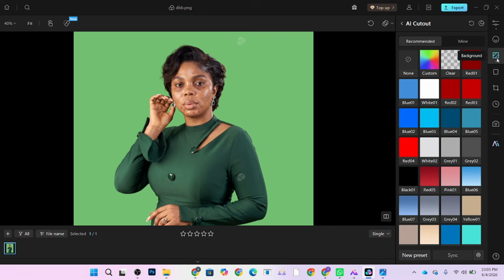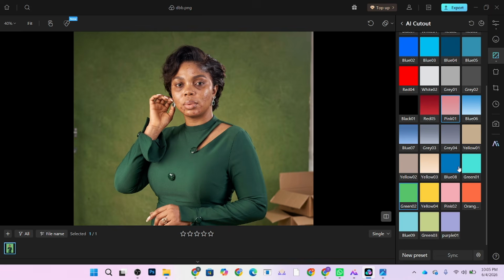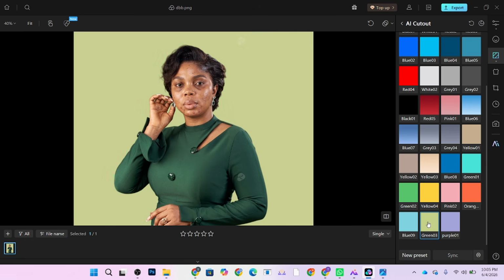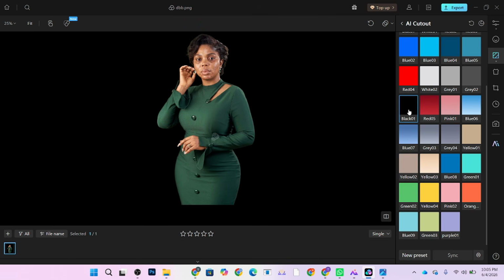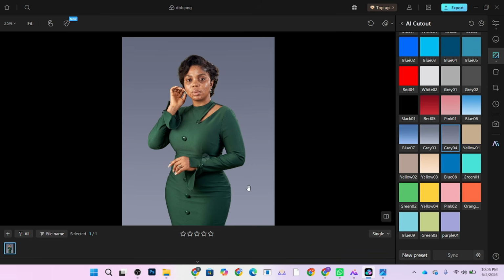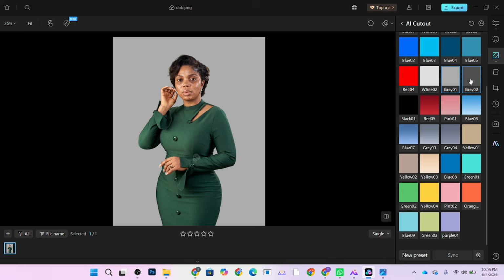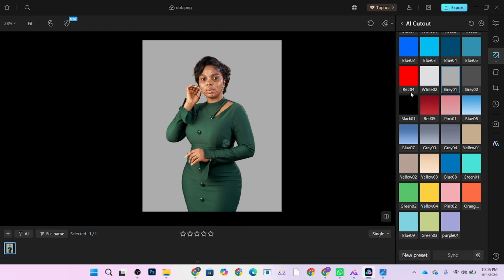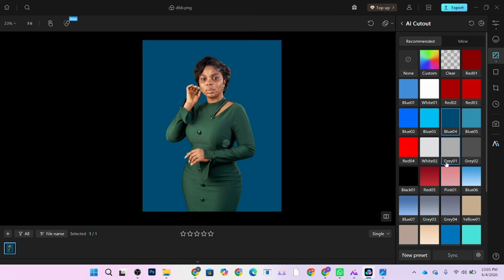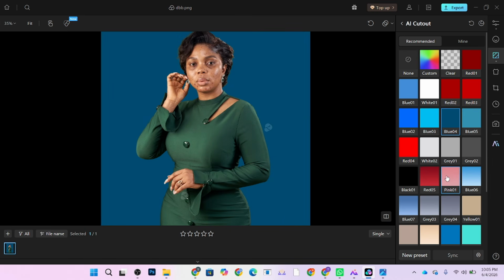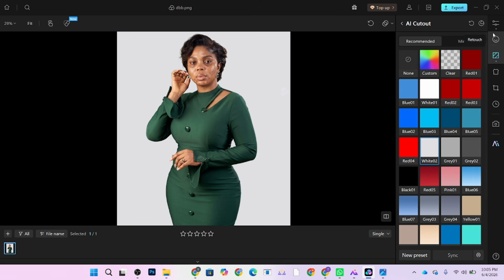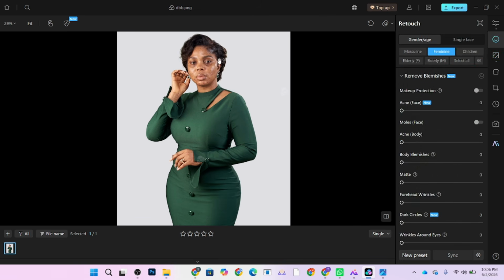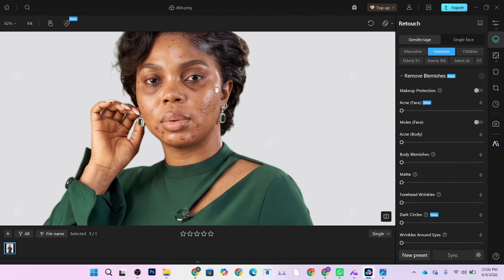Let's see if we can get a color very close to the original color we had initially. I think this came close. This is a bit too... Let's look for something that will make our object stand out and still look beautiful. Okay, gray is always nice. This is beautiful. This is super cool. Let's see how this looks. Oh, not bad. Pushed it out. But I think I'll always go for, okay, let's go with our off-white. Looks cool. So back in our retouching, what I'm going to do is that I'm going to come over here